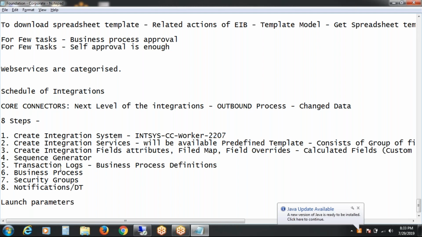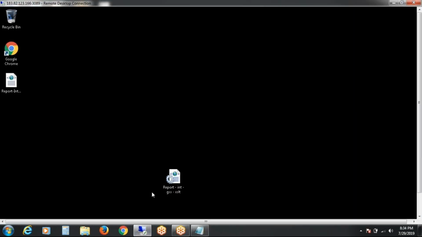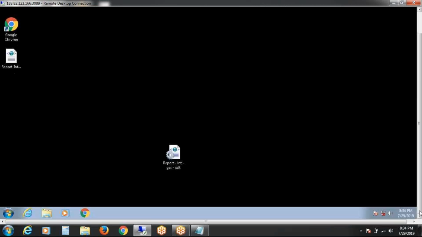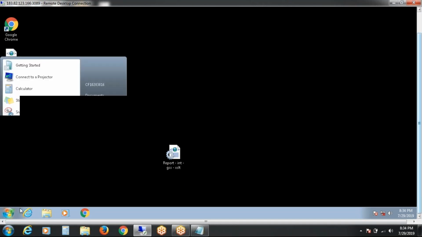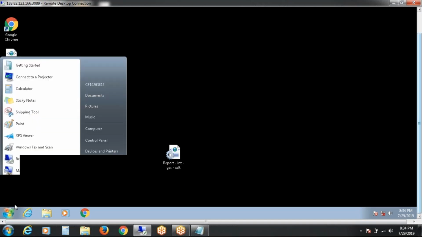Once you select the template, you go into the integration services. For worker, there are 26 integration services. Of those, a few integration services are selected by default by Workday itself. We used to... one second, I need to log off. We need to select the required templates, whatever integration services we require. I will show that.